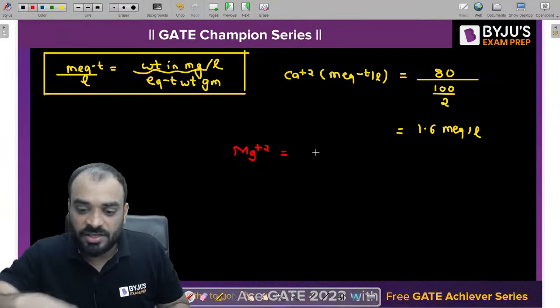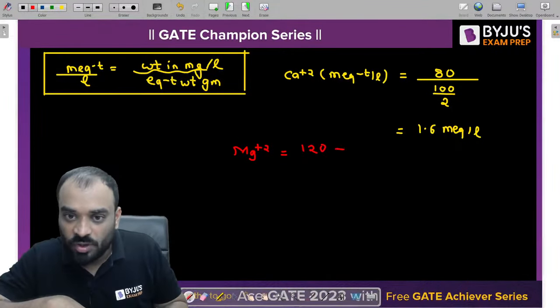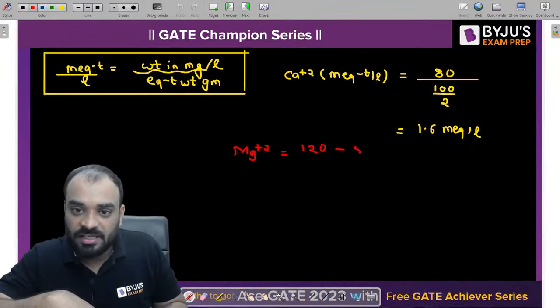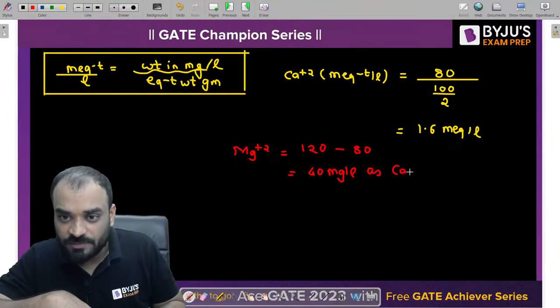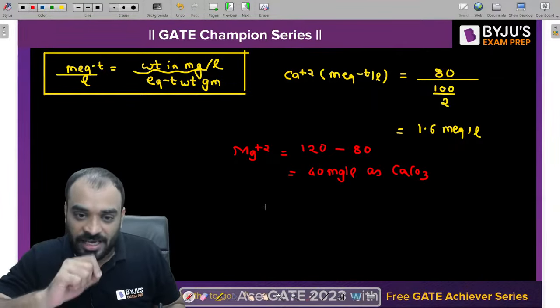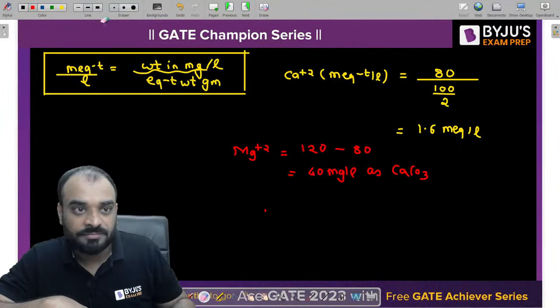Magnesium plus 2 ion concentration. What is total hardness? It is 120. What is the hardness which is due to calcium plus 2 ion? It is 80. So can I say, guys, this value is equal to 40 milligram per liter as CaCO3. Clear? Now let's calculate again the concentration of magnesium plus 2 ion,